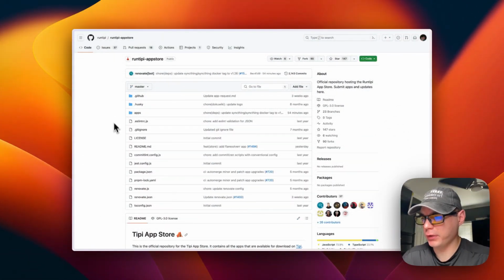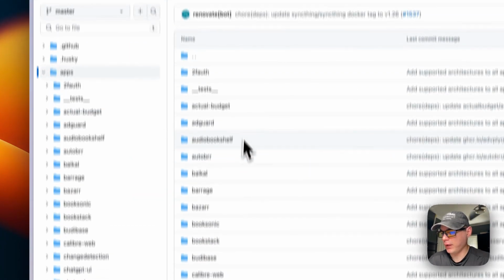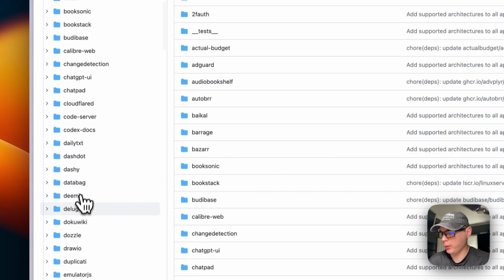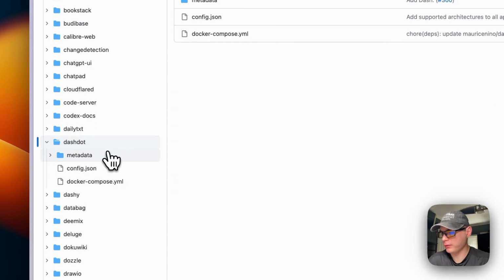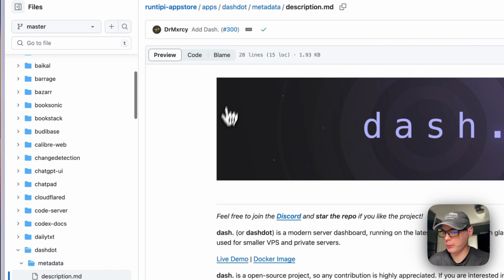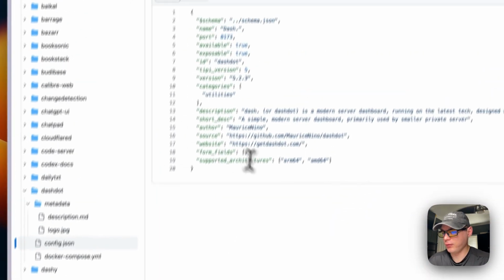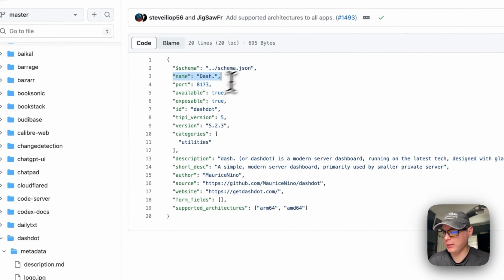So we're going to start on the Runtipi App Store on GitHub. I'm going to go to Apps, and then I'm going to scroll down to Dashdot, and then you can see the metadata for the App Store: the description, markdown, the logo, the config.json, name, port,